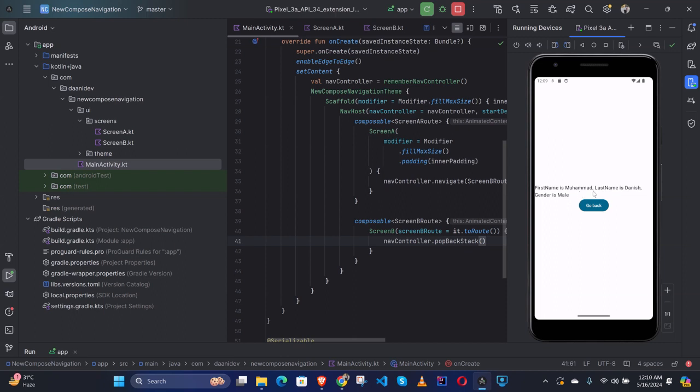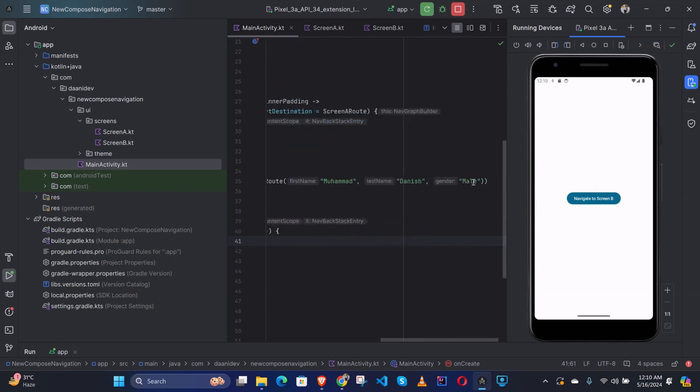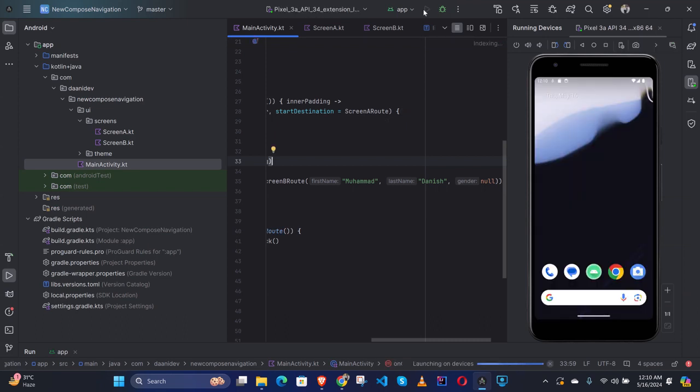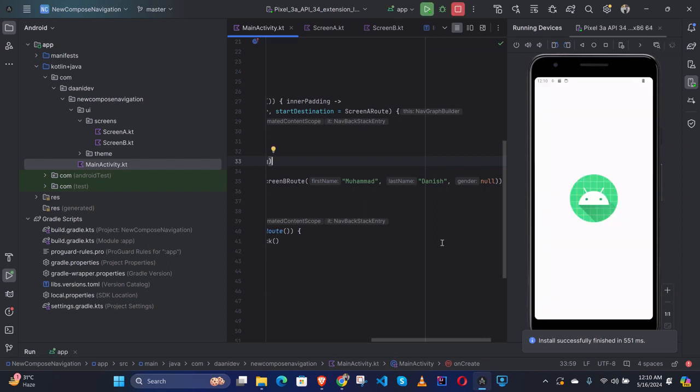First name is Muhammad and last name is Danish and gender is male. Okay, go back, bingo, and let's make it null. Okay, and rerun the application. Is null. Okay,